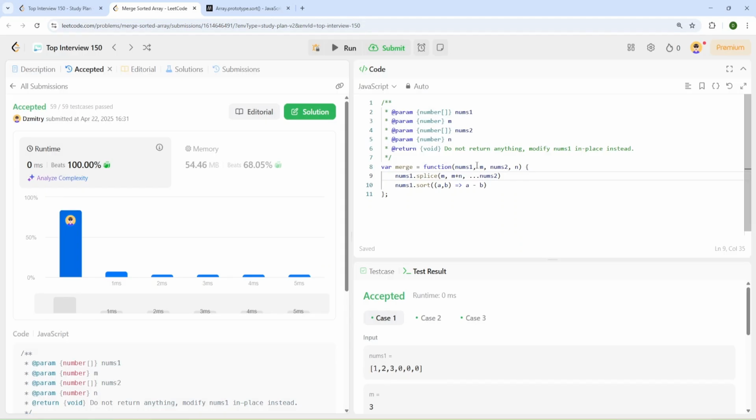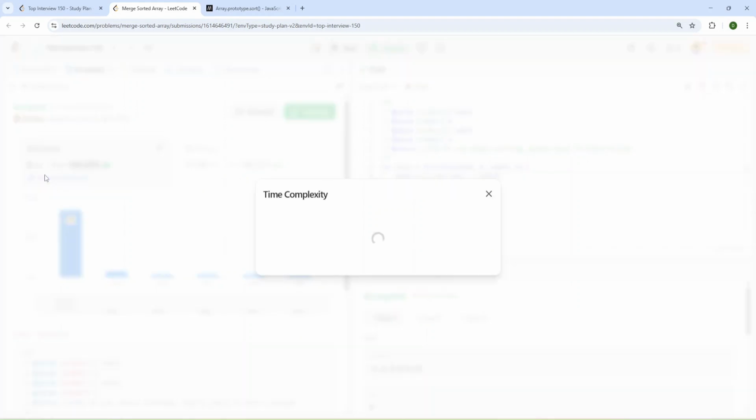Okay, as you can see, our solution was accepted, and we have good runtime that beats 100% of solutions, and also we have pretty good memory usage. We can analyze complexity. Let's try, and let's see. As you can see, we have this complexity. I believe that's because we used sort.